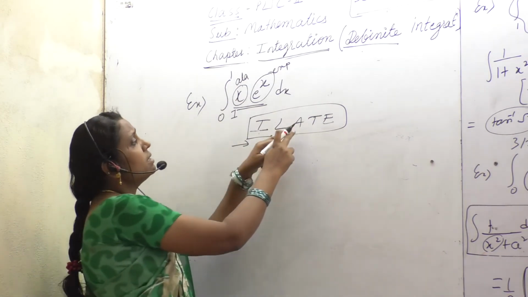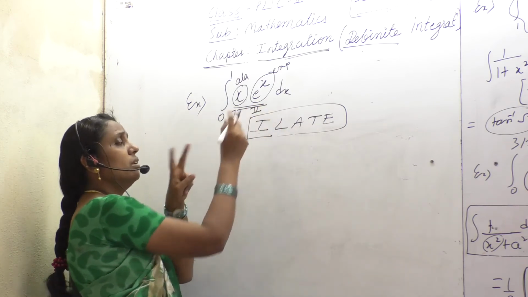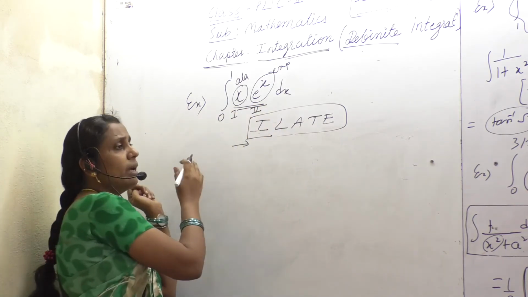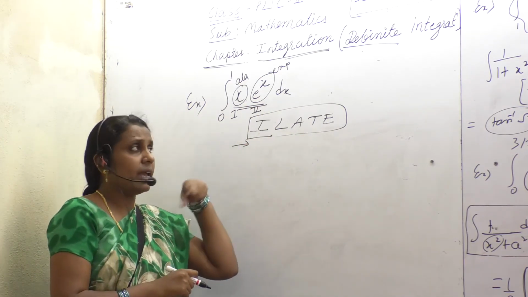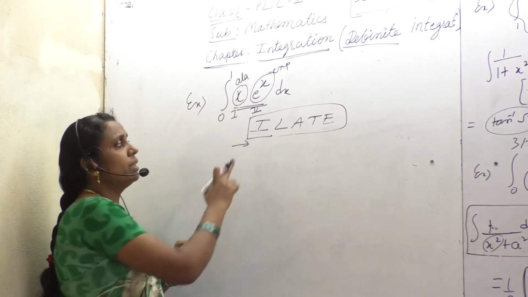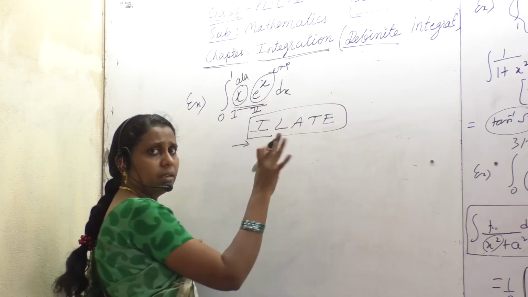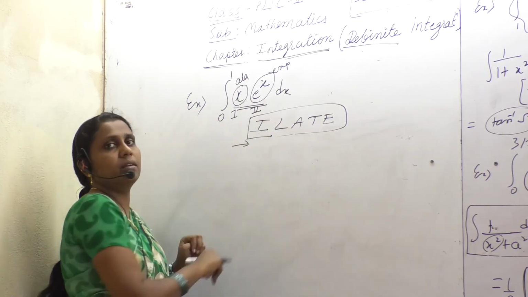Okay. Next, trigonometric, it is not there. Exponential. Remaining will be the second function. If two functions are there, going by the rule from left to right, what do you get? The first one has to be considered as the first function. Let me repeat: ILATE, anything according to your convenience. You just remember it. ILATE.